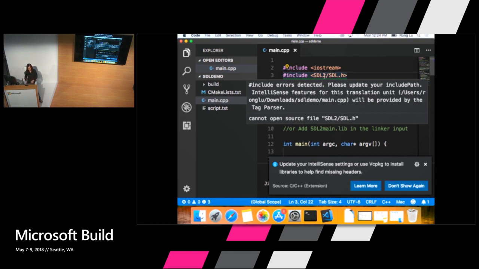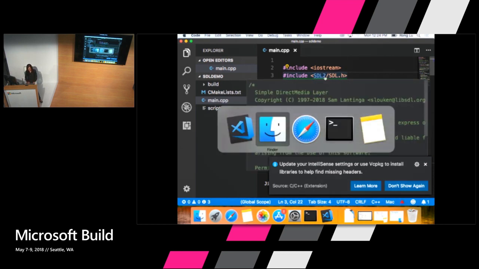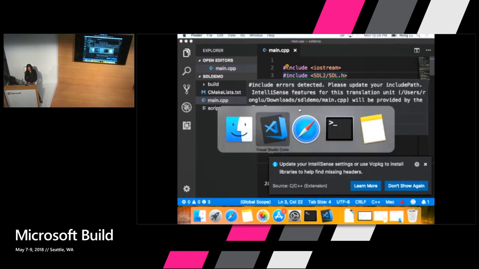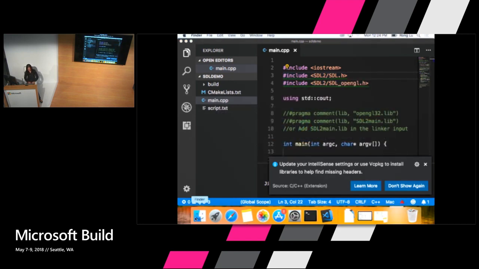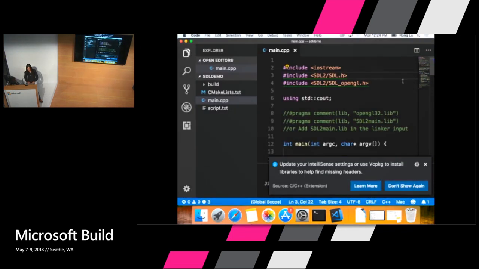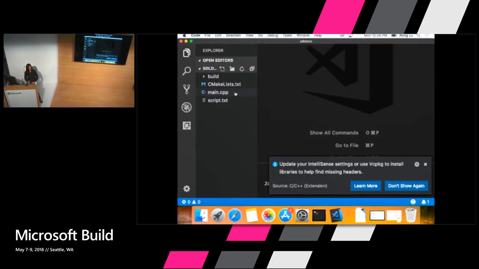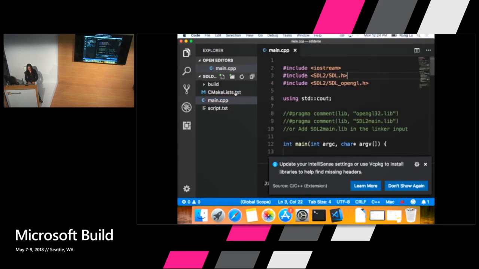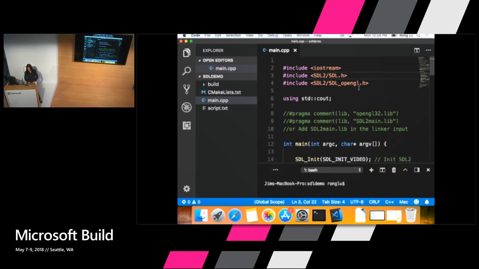As I said, I already have SDL2 installed, but I tricked the system by renaming the folder here. That's why it couldn't find it. But if I remove those, now let me go back and just reopen the folder to make sure IntelliSense is kicked off and reparses everything. Now we can get rid of that message box. Everything is done, no more green squiggles, and